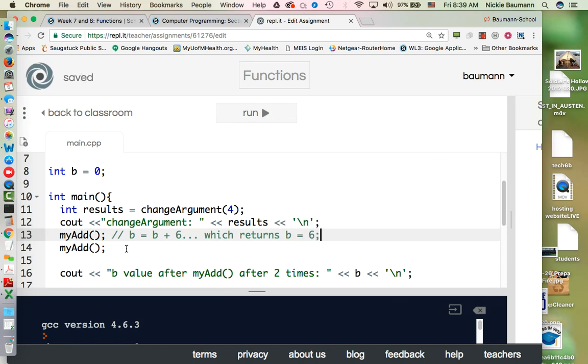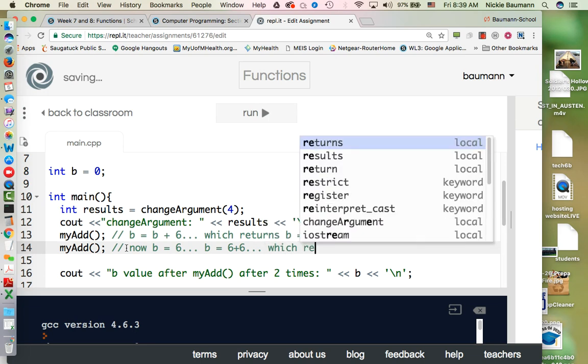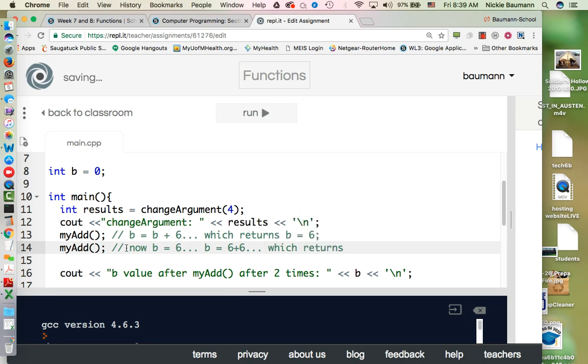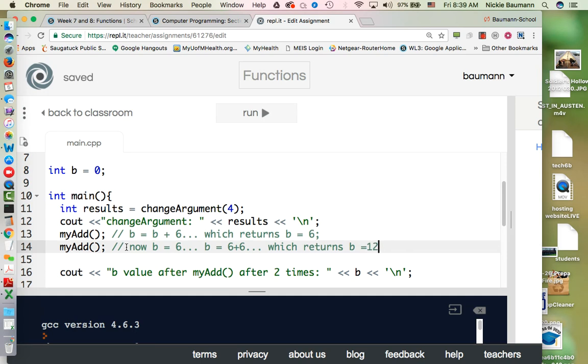Then it goes back to my add function, and now b equals 6. So it goes b equals 6 plus 6, which returns b equals 12. You notice b can be used multiple times. If we want